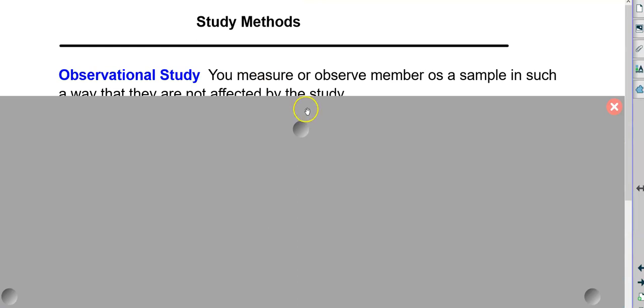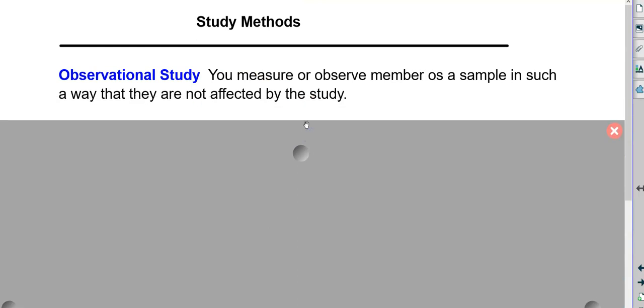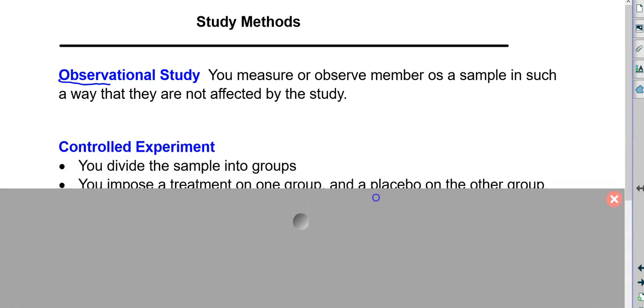There are some methods used. And so the first is just observation. And think about that word observe. So you're basically just observing. You're not really interacting with folks. You're not even asking them questions. I think of an observational study. You're just observing. It could be through a mirror, it could be a video you're watching, or just someone observing what's happening in a room.